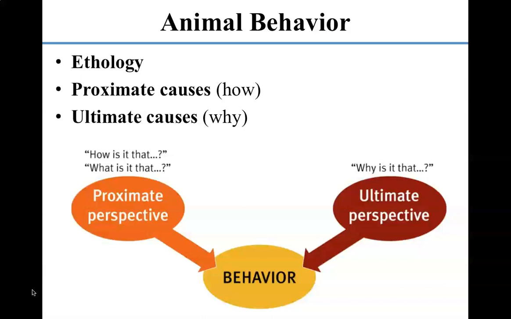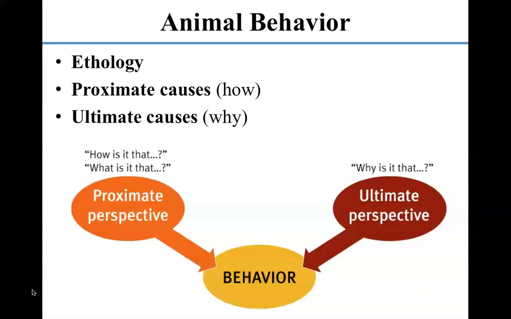So, were birds born with an instinct to migrate? Do they know where they're going? Do they remember it genetically, or do they learn it? Do they do it by following other birds of their same species? What is the behavior's ecological function? How does it increase its chance of surviving and reproducing? So again, how does migration help a bird survive? Why is migrating better than not migrating? And another question could be, how did the behavior evolve? So how did migration evolve? Did it evolve with one bird, with a population of birds? Is it something they inherited from dinosaurs?